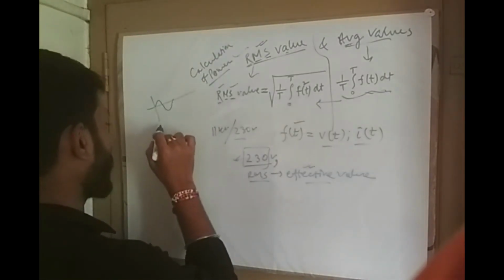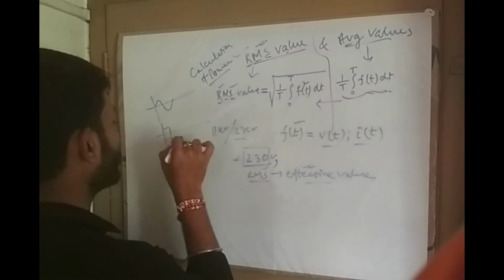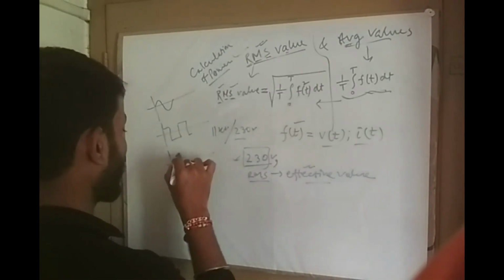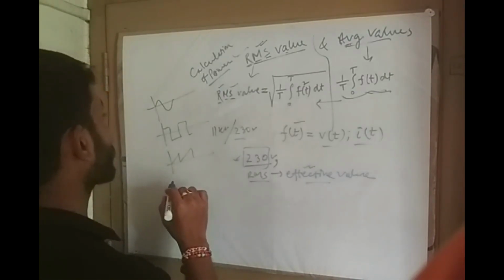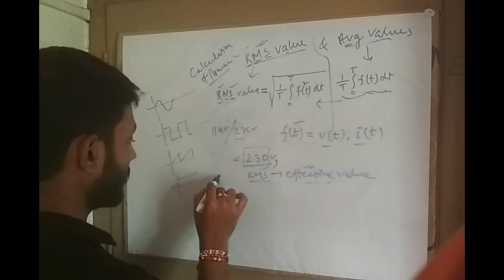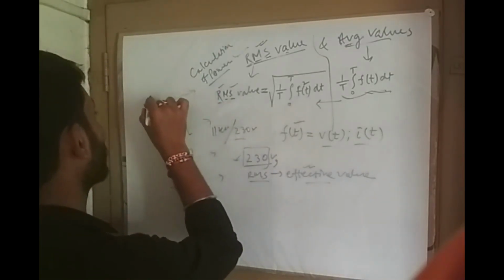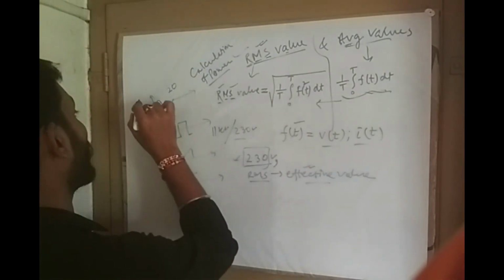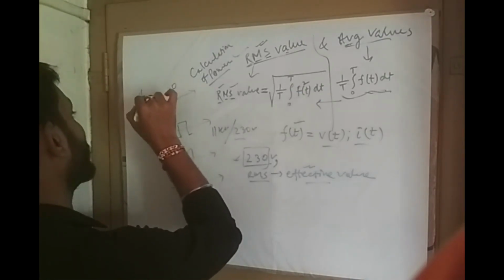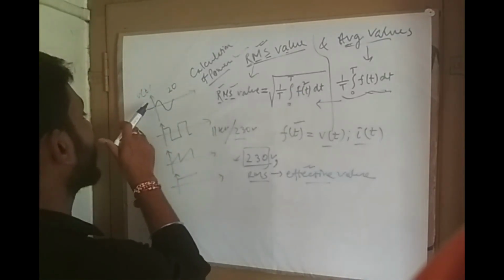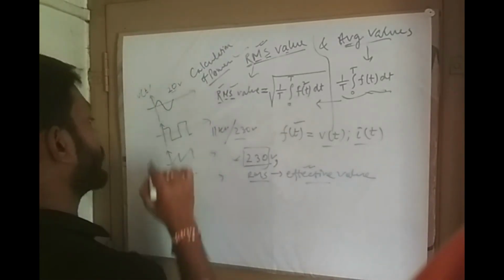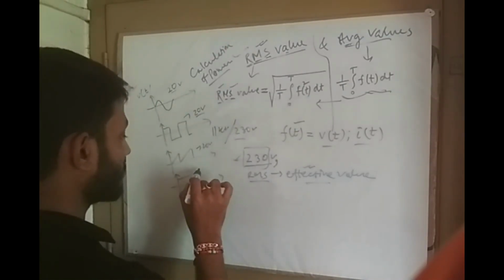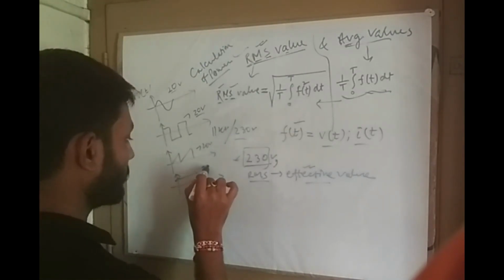whatever the signal may be in terms of sinusoidal signal, it may be rectangular or square wave type signal, it may be triangular signal, it may be DC signal, whatever may be the type of signal. Suppose all the waveforms are of V voltage, that means V of t. Suppose this sinusoidal signal's RMS value is 20 volt. This one also has RMS value 20 volt. This one also has RMS value 20 volt, and this DC also has 20 volt.